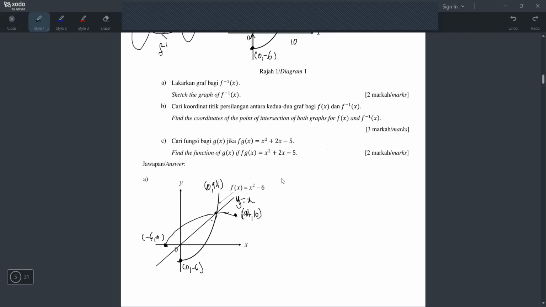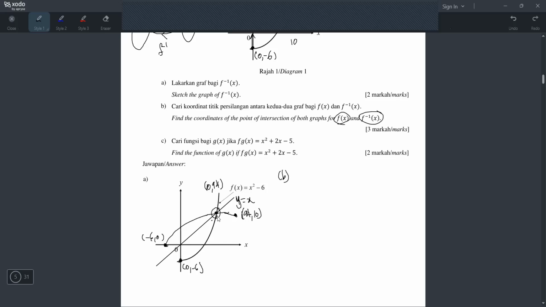Okay, now we will do question B. Question B says, find the coordinates of the point of intersection of both graphs f(x) and F inverse. Okay, which one is the f(x)? This one. Which one is the F inverse? This one. And what is the point of intersection? The one I circled here. This one is the point of intersection, right? So what we do now,